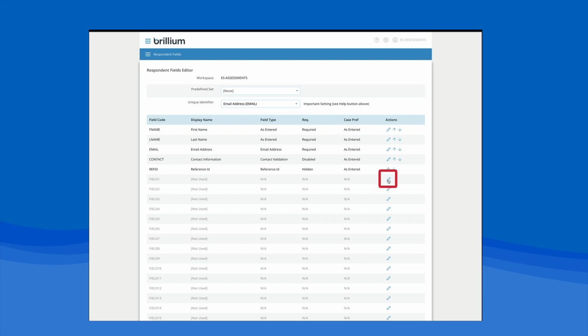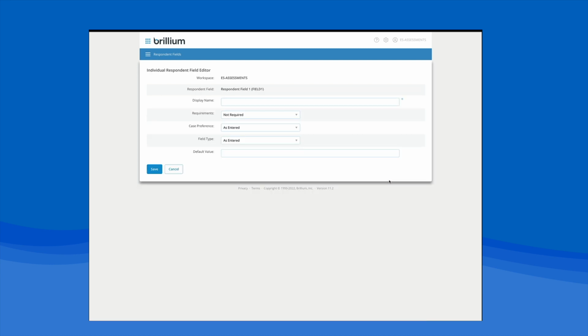To do this, we will select the Edit icon for Field 1. In our case, we want these fields to display in Spanish rather than English. So for display name, we will enter the Spanish equivalent of company name. This will be the label displayed in front of the field when respondents enter an assessment in this workspace. For requirements, we want to make sure that this field is never left blank, so we will set this field